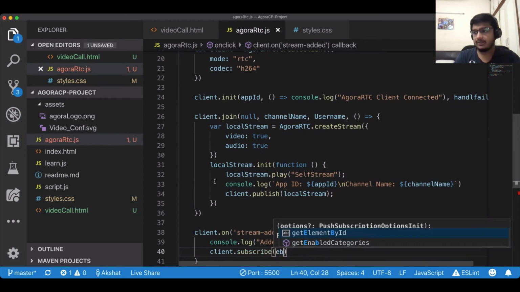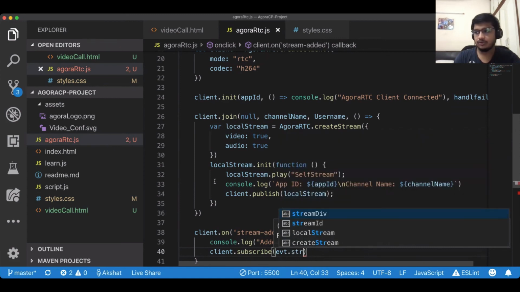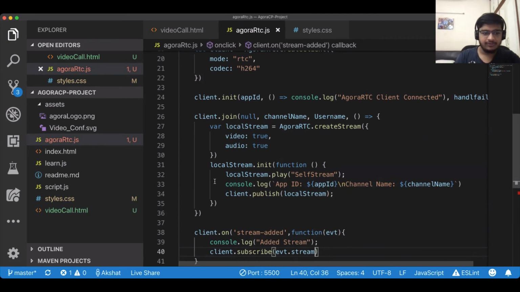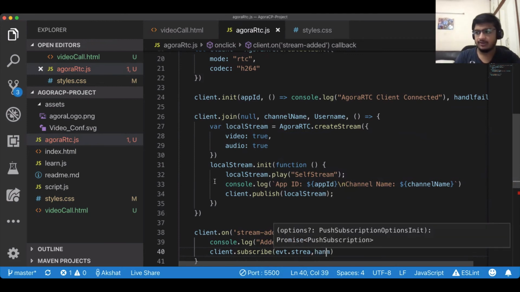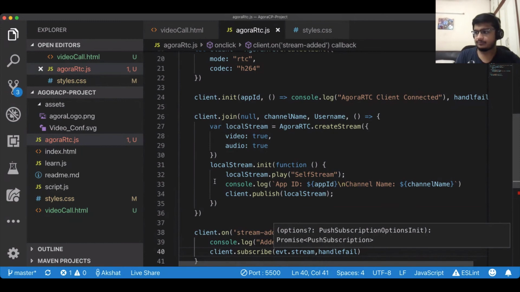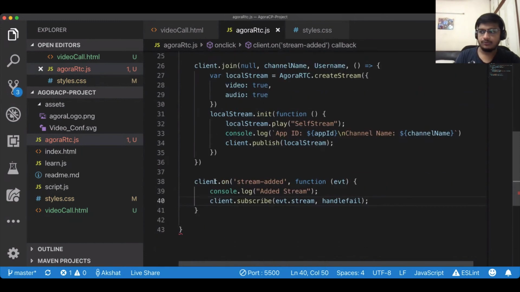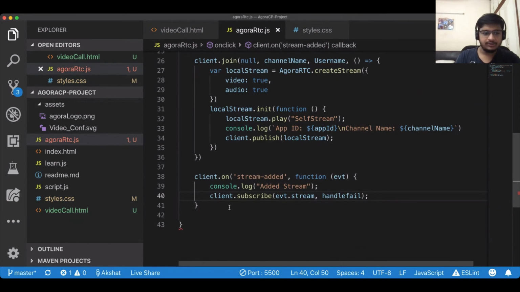You will be getting the event as a response from the Agora SDK. So don't worry about what the event is, etc. It will automatically be given. And let's just give a handle fail. There's this for the stream object.